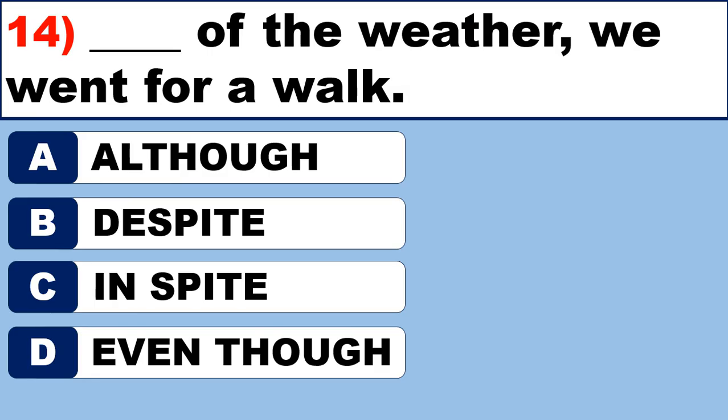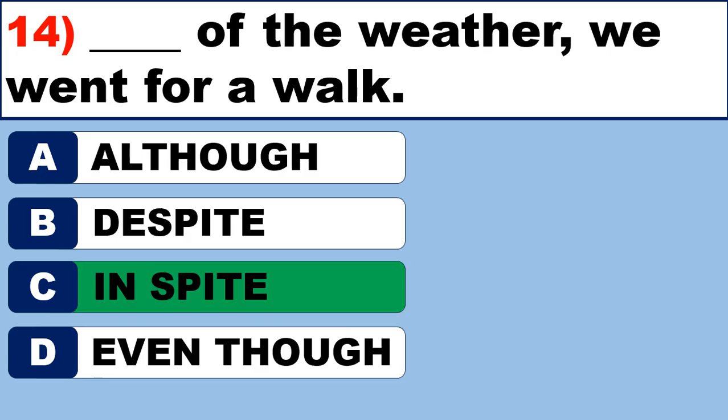Number 14, although of the weather, despite of the weather, in spite of the weather, even though of the weather, we went for a walk. To go for a walk is aller se promener. Now guys, is it A, B, C, or D, the best option to complete 14? So in my opinion, here we have in spite of. Because despite of no, even though of doesn't exist, although of doesn't exist, so the best option is C,